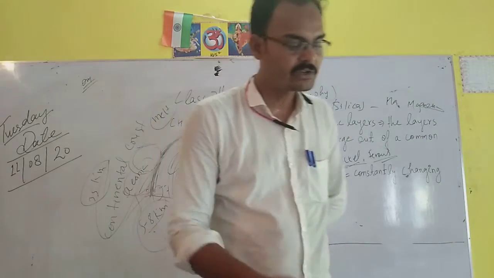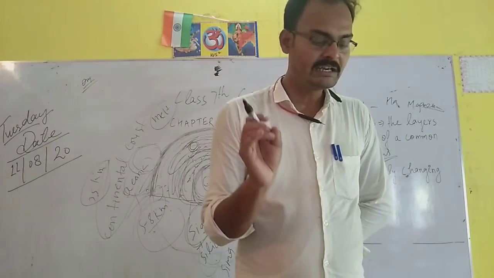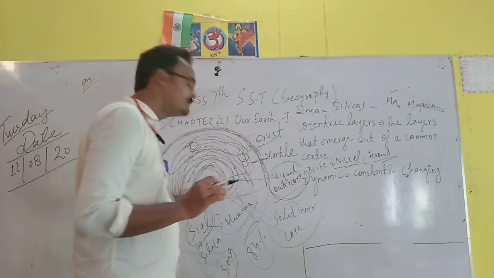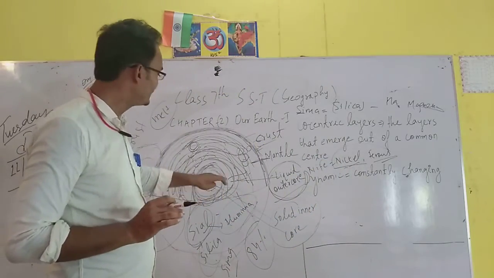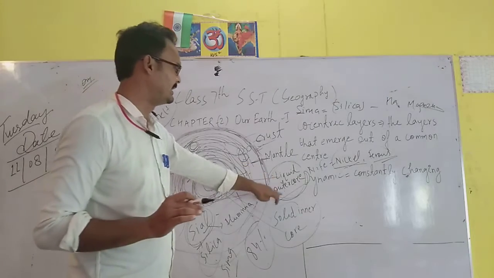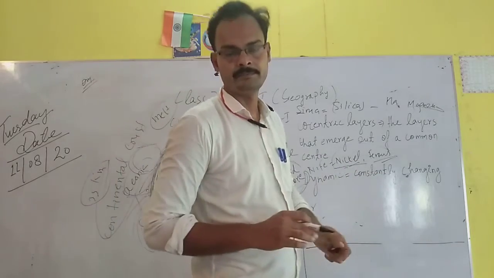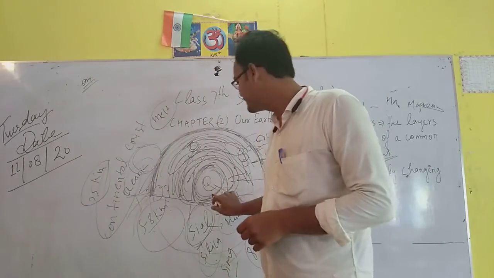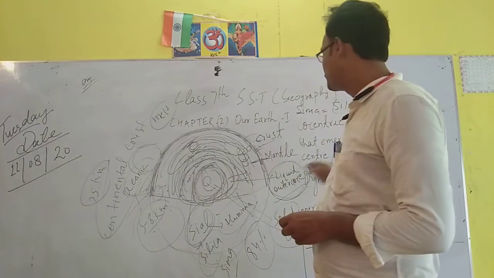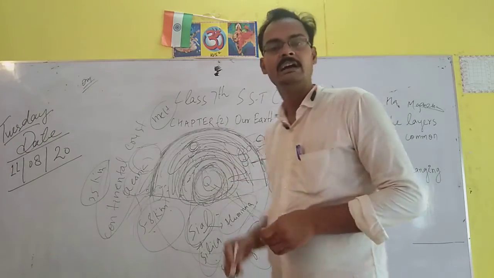And if we look at the outer core, what is the outer core? The outer core is a liquid molten layer comprising nickel and iron. So this is solid nickel and iron metal, and on the upper side of this inner core is the liquid outer core, which is also liquid nickel and iron. Here it is liquid nickel and iron, here in the solid inner core it is solid iron and nickel, and here it is liquid iron and nickel.